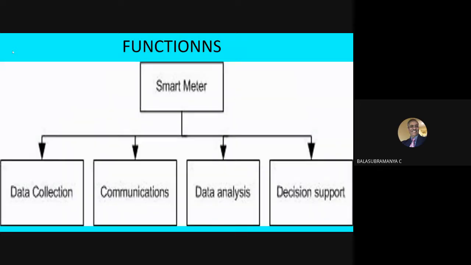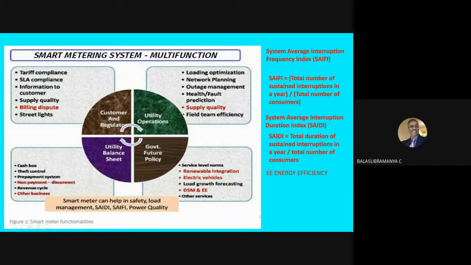Okay, smart meter function. What does it do? It collects the data, it communicates the data, it analyzes the data, and it provides support for decision. It will not take any decision. Decision is you have to take. Okay, decision support. Okay, so this is a slide taken from LinkedIn very recently, I think probably in 2022 January,